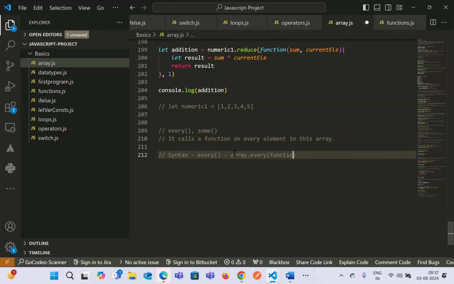This will take a function, and it will have a maximum of 3 arguments: the current value, then the index, and if you want, you can optionally write the same array as well. Index and array are optional. One particular argument will be mandatory, which will iterate through all the